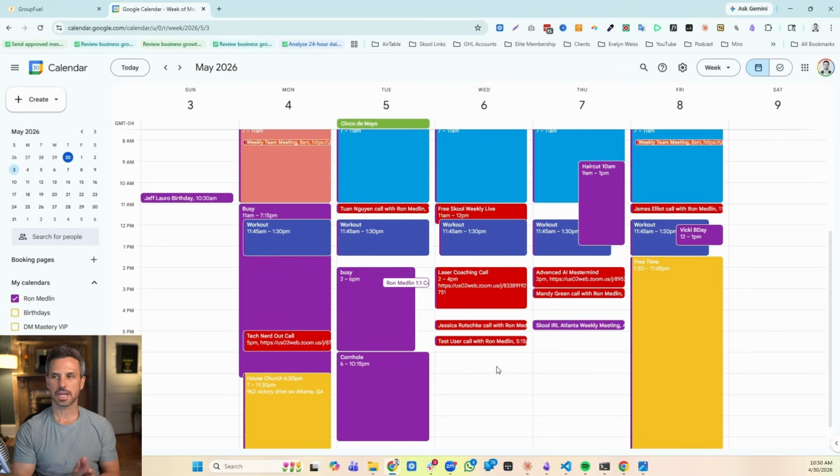So that's another use case. You can check your calendars for availability, and you can also book appointments. Now, one of my favorite use cases, and probably the one that saves me the most time, is we do